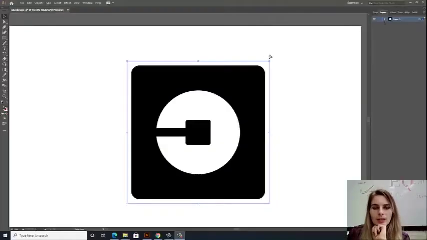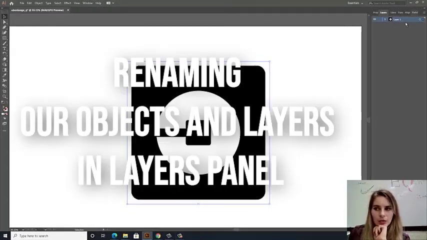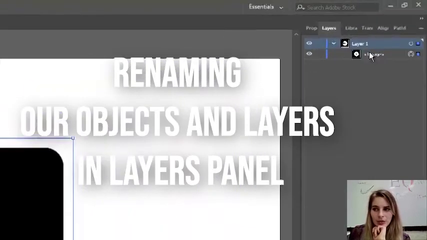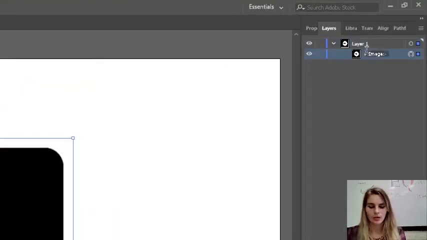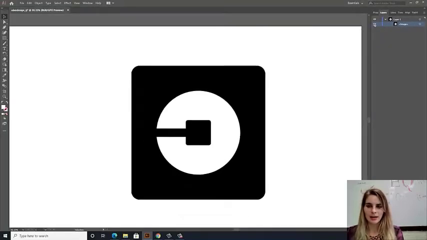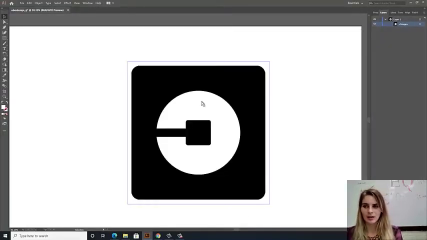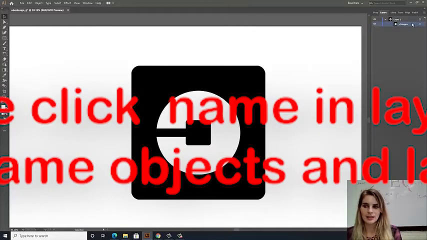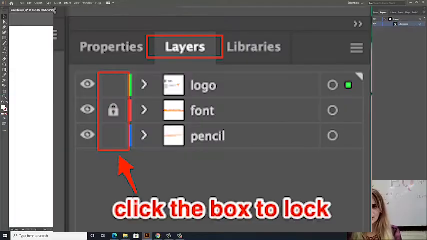The next thing we want to do is to take our reference image and go to our Layers panel and locate our reference image in there. We're going to rename it by double clicking on the layer. So this is the layer for our reference image. We know this because if I hide my image, it will go away. I will go ahead and rename this by double clicking here, Reference, and now I'm going to lock this